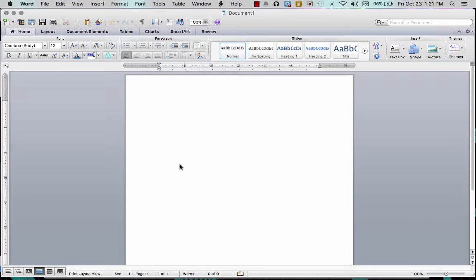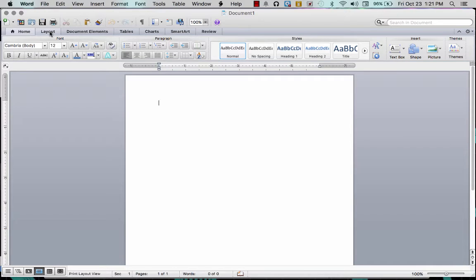Alright students, today we're going to talk about how you set up a Word document or a Pages document when you are word processing something you're going to be turning in for your facilitators. There is a specific layout and a specific font style that you're going to want to use. So let's talk about how you actually get